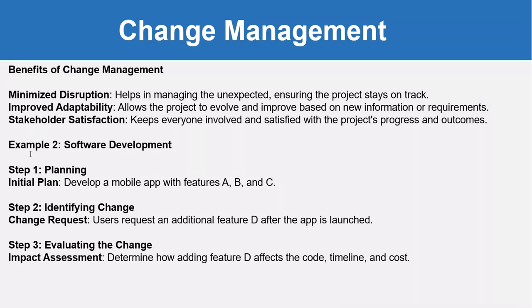Now we can talk about another example, software development. So friends, for example, you are in a planning phase and you have to develop a mobile application with features A, B and C. So these are the three features which we have to build in the mobile application. Then identification of changes means that users request an additional feature D after the mobile app is launched. That means D was not there in the initial plan,